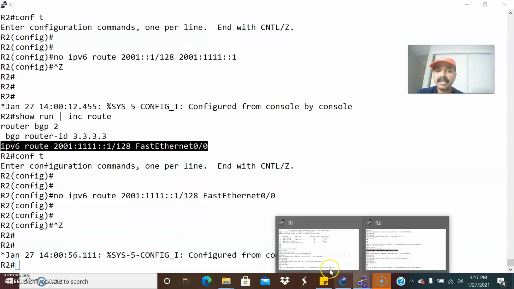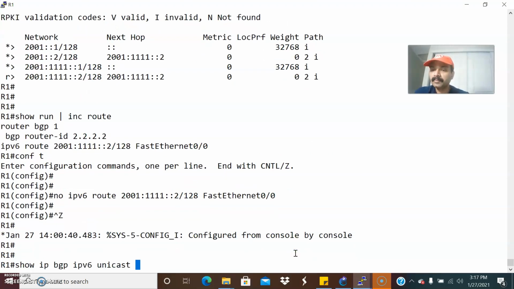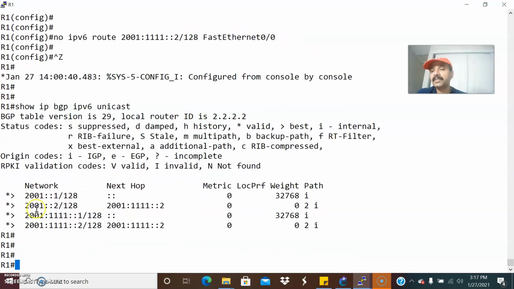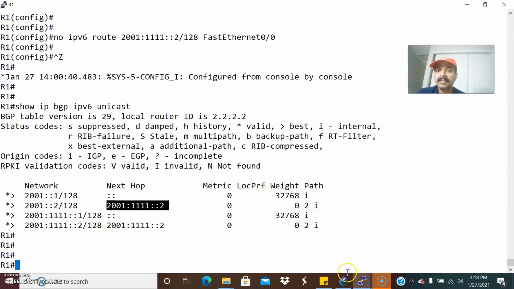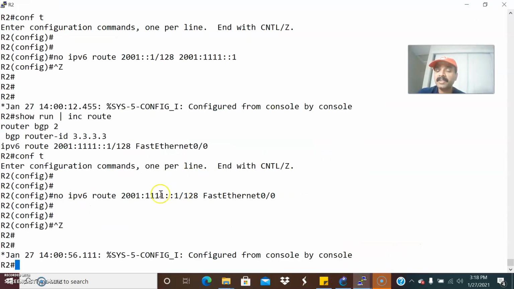So now let us check the table. Show IPv6 route. You are able to see, right? Show IP BGP. Everything is fine. It always shows us star and greater. Star means valid and greater means the best route. So now you are seeing the destination network pointing via the next hop. Even initially I created a static route. Why? Because it is a temporary static route. R1 doesn't know how to reach R2 via this next hop, and that's the reason I defined it. Once it forms the next hop, once it advertises the next hop interface, then we can safely go ahead and remove the route. Show run, include route.